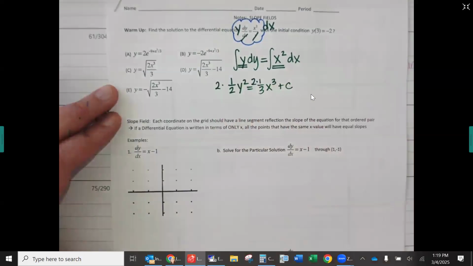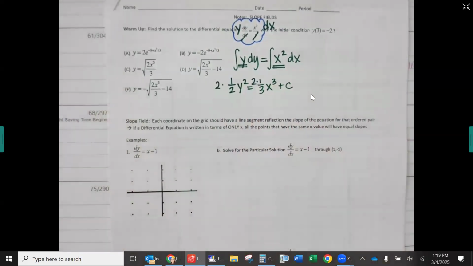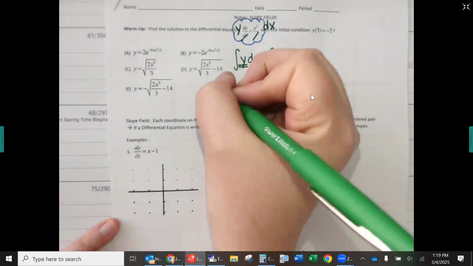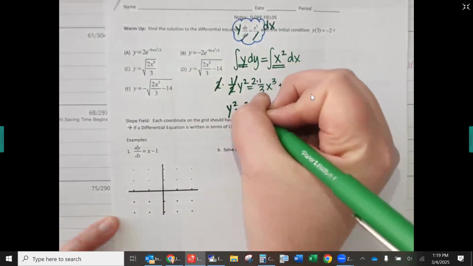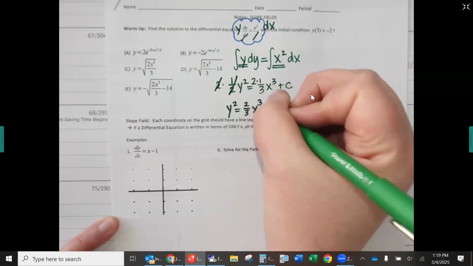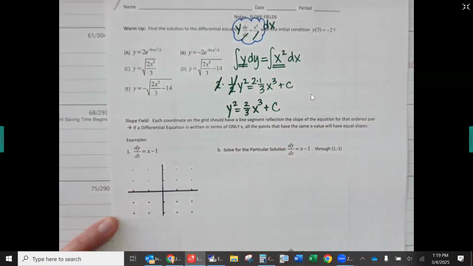Okay, I'm going to times by 2. Now remember, technically I'm timesing 2 everywhere, but since I already didn't know what the c is, we're going to just continue to call it c. So this is going to be a y squared only, and my 1/3 times 2 is now a 2/3 x cubed plus c. And then last step, take the